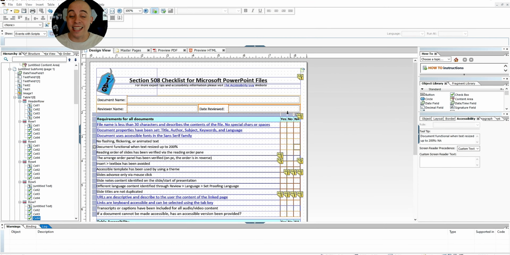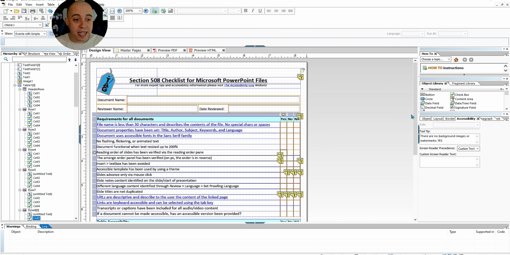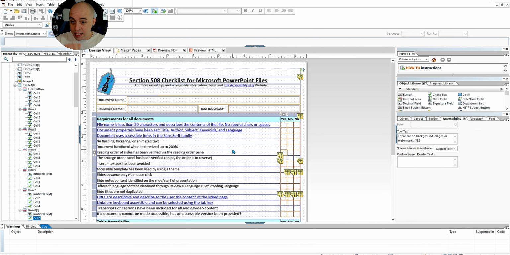This document contains multiple tables that have checkboxes in the fields for yes, no, not available, and then there is some content on the left-hand side. So in this particular example, I am updating my tooltips to reflect the content from the left-hand side and then update the checkboxes. So in this example, we have reading order of slides has been verified via the reading order